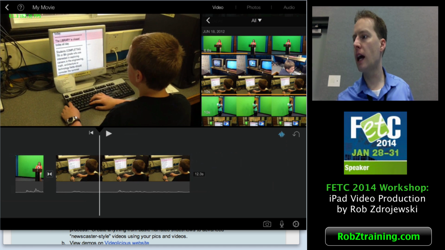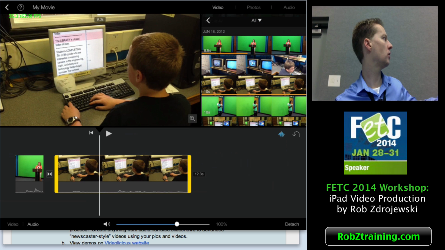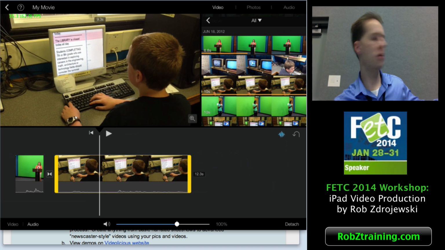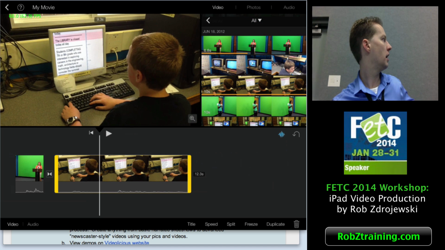I like how you can tap directly on the clip, and notice it turned yellow around it, and then I'm going to split it. So down here I'm going to hit video, and I have some options here of what I can do with it. Some of these options are brand new to this version of iMovie. I'm going to hit the one that says split. They call it split right there. So split,